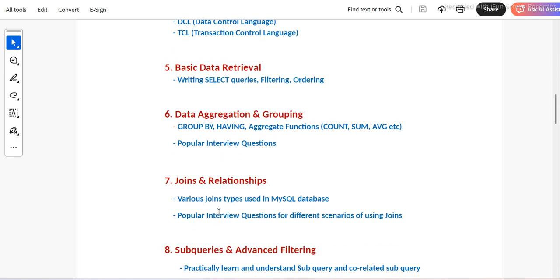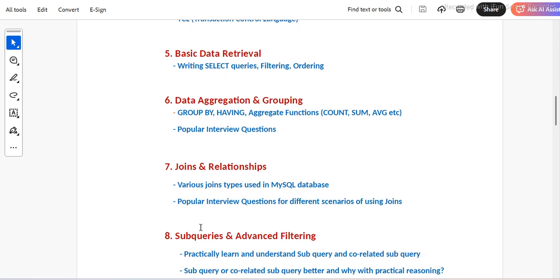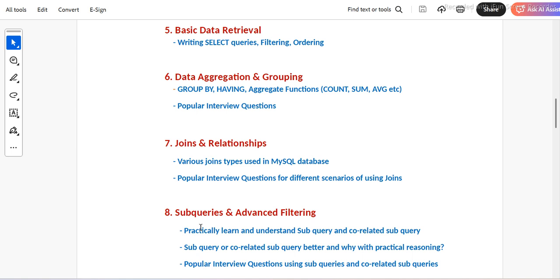Joins are used when you have to get the data from the columns from more than one table, right? In that case, we have to join both the tables and get the appropriate data from both the tables. Now there could be relationships like one to many, many to one, many to many, and one to one. There are four different types of relationships. We'll talk about it, and we will also see where all those relationships are actually implemented in practical examples, right?